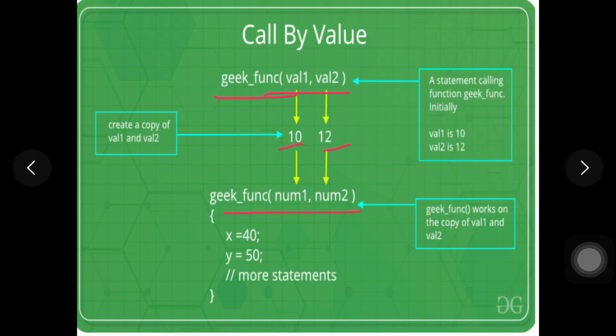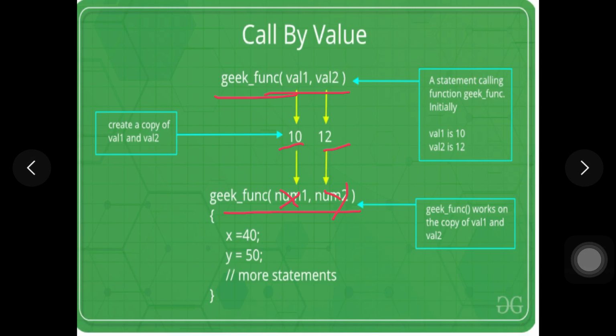I think they have used different variable names here, so I'll consider this num1 as x and num2 as y, so that we take the matching variables. Now val1 is copied into x, val2 is copied into y. It does not happen that val1 will be copied to y and val2 will be copied to x. It is going to be copied in the same series.